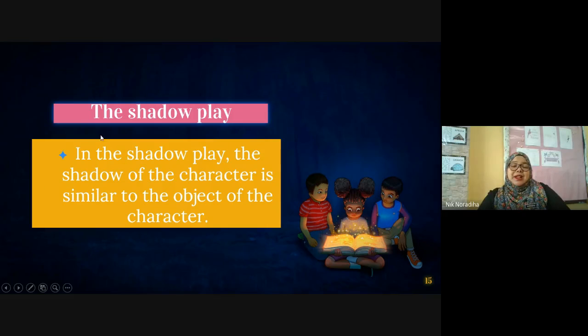Okay. Because when we learned this topic before this, during the first MCO, teacher already showed you a video about how wayang kulit is performed. Okay. So for the shadow play,